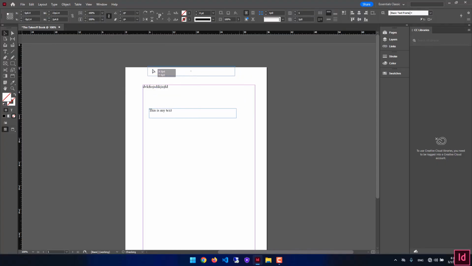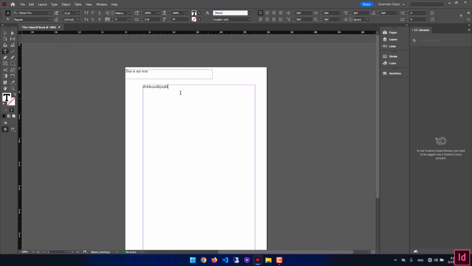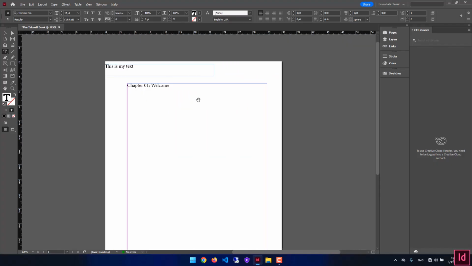But when we do have a text frame, which is mostly for books and the like, the text frame is most of the time enough for us, you know? So we come here, click, and for example, say chapter 1 and welcome, right? So I press enter. As you can see, I'm typing just like in Microsoft Word. So if you're not familiar with that,